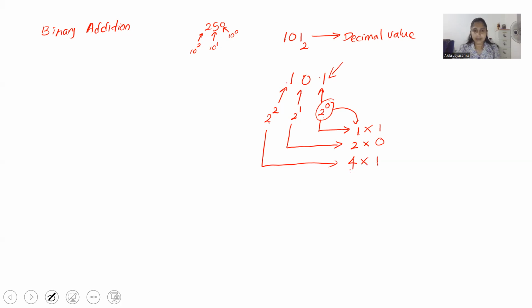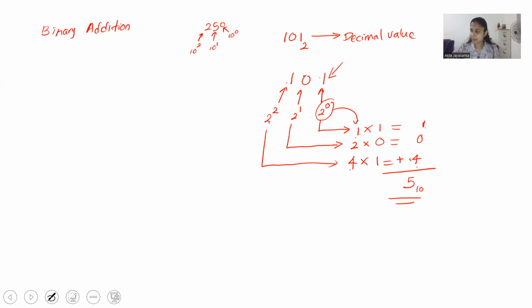Then 1 by 1 is 1, 2 by 0 is 0, 4 by 1 is 4. Now you should add these three values. 4 plus 0 is 4, plus 1 is